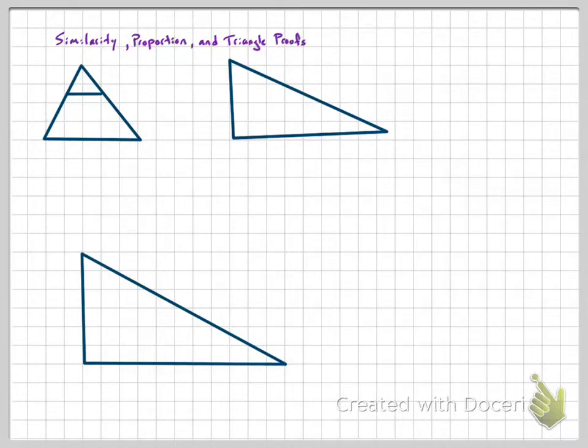Hey guys, so I'm making this video to help you with the mastery test for similarity, proportion, and triangle proofs. Now, the proof part is really hard for me to show in an online way. So the best advice I can give is to make sure when you're going through the tutorial for this, you